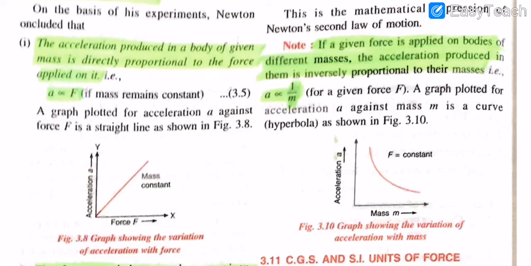For example, a force F is needed to produce an acceleration of 5 meters per second squared on a mass of 2 kg. Basically, a few examples, you can mark them with green and go through them. And experimentally, Newton found that the force needed to produce the same acceleration in different bodies is proportional to their masses. And on the basis of Newton's experiments, he concluded that